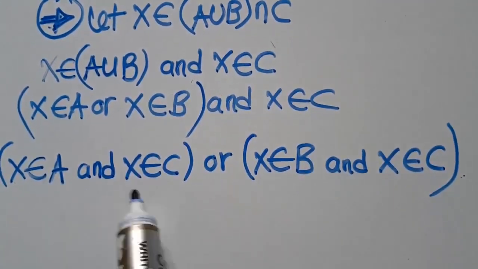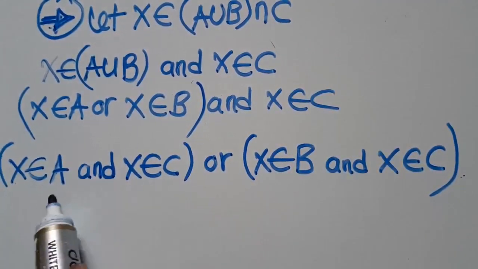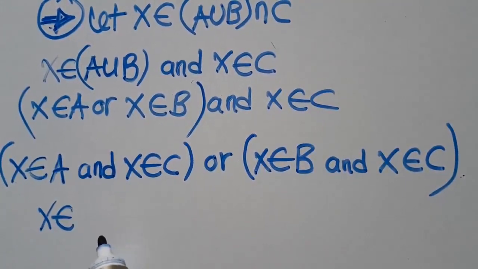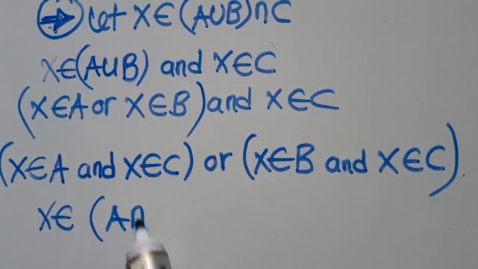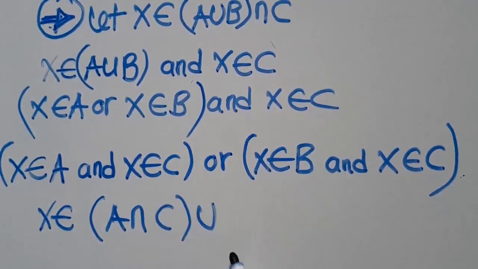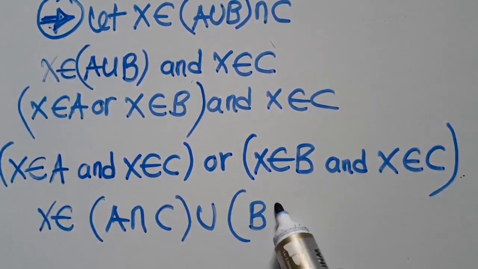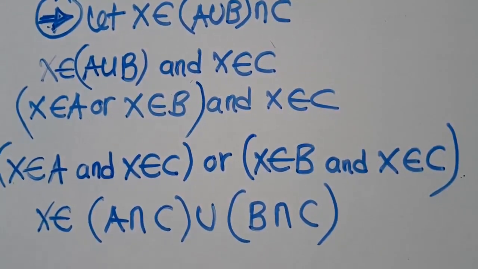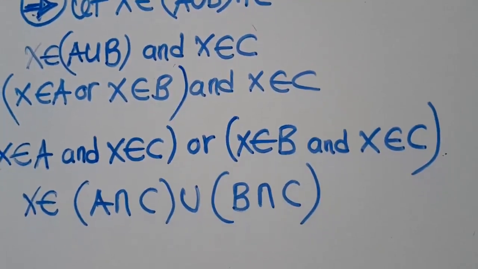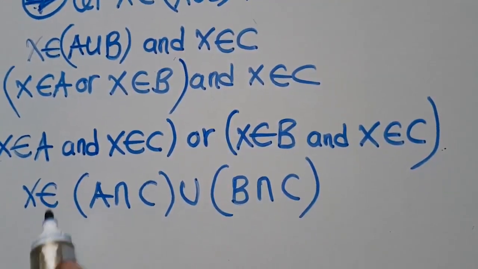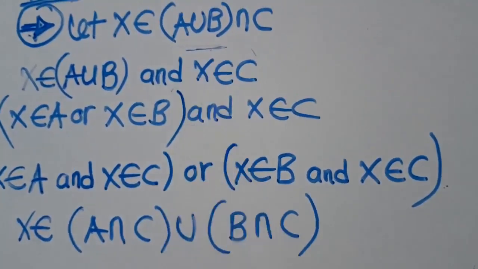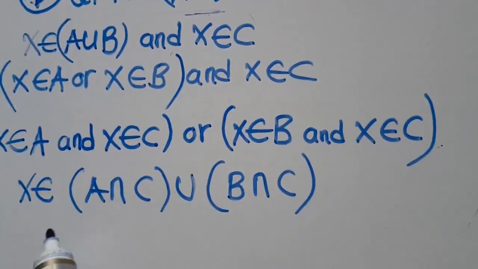After I do this, as you can see, I'm able to group this now, where I'm going to say that X is a member of what? I'm able to group this. X is a member of A intersection C, or union B, like this, intersection C. So I've done the first part, where I was proving this. I was proving that one. So what I'm going to do is that I'm just going to say